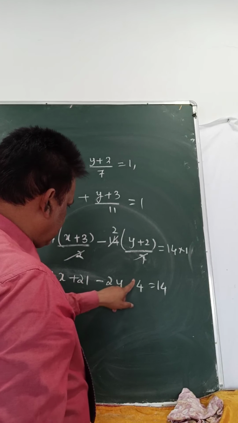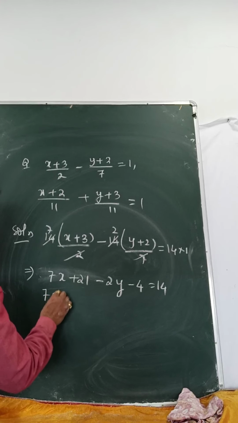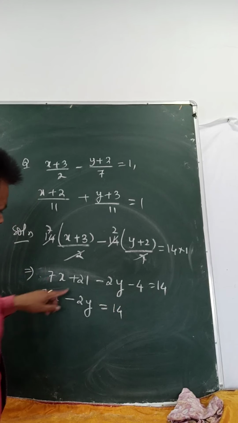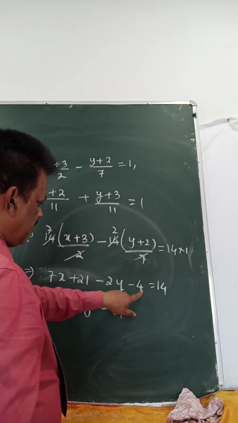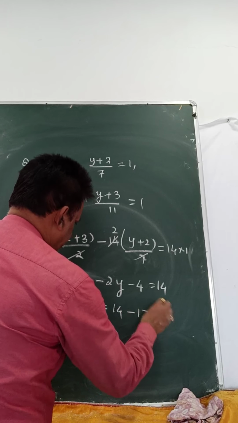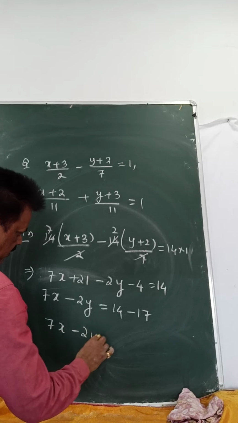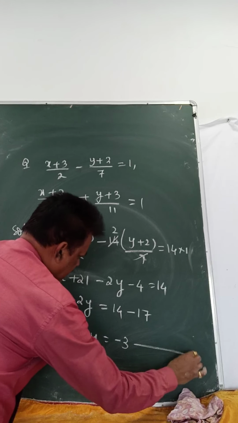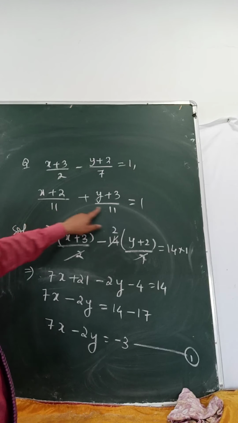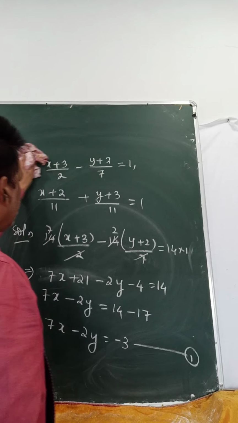Take this like term to that side. 7x minus 2y equals 14, 21 minus 4 is 17, so plus 17 will go that side, minus 17. So 7x minus 2y equals minus 3. We got the first equation. Similarly we will solve this. LCM is 11, multiply 11 to all the terms, so you will get